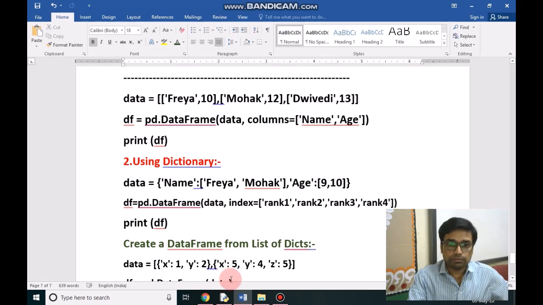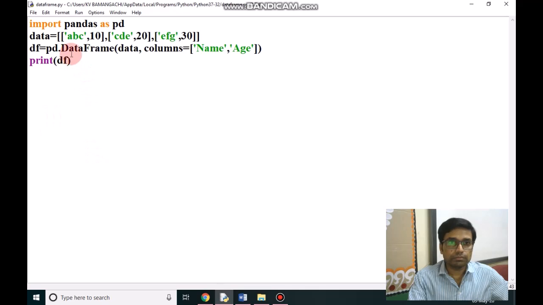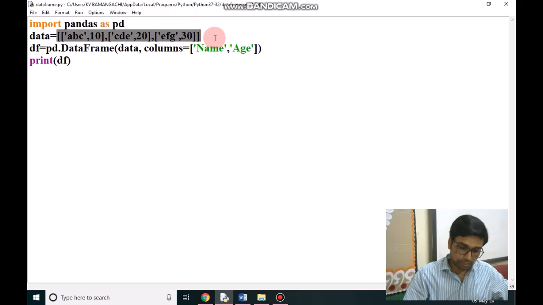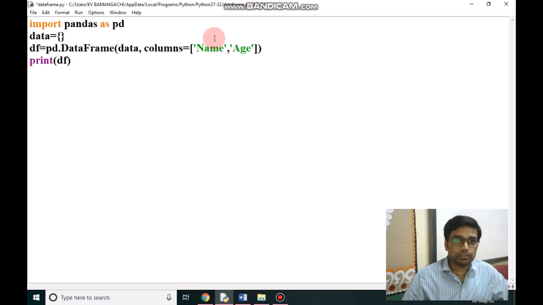Now data is a dictionary, so I am giving here a dictionary. Name is a list of names.